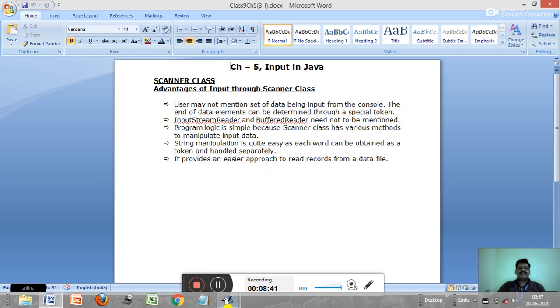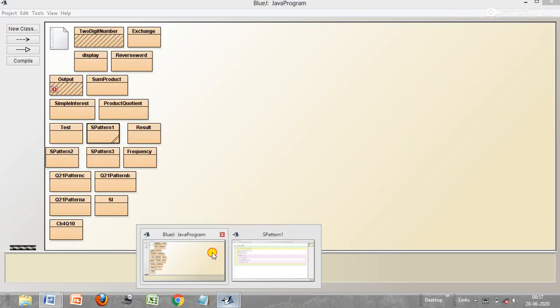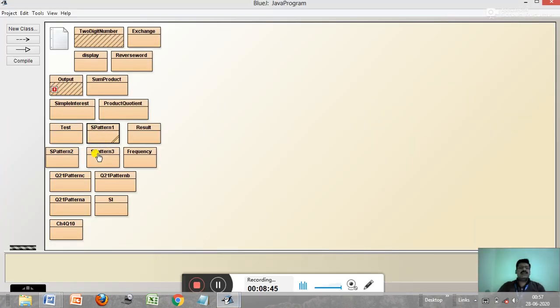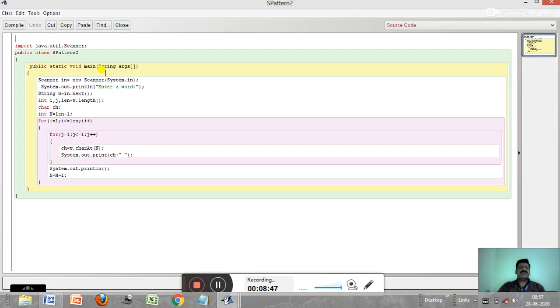Now once again see the program using scanner class. Now let us see some other pattern. import java.util.Scanner; Scanner in. See here I have taken in instead of ob. You can take in for input, you can take any other object name. System.out.println("Enter a word"); w = in.next(). Instead of nextInt we have taken next. The next is a scanner method to input a single word.